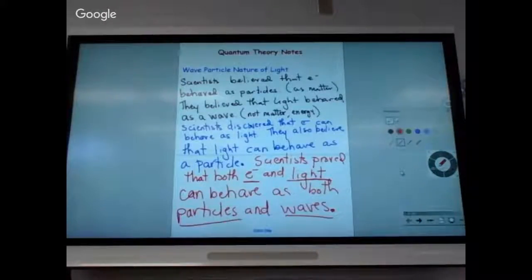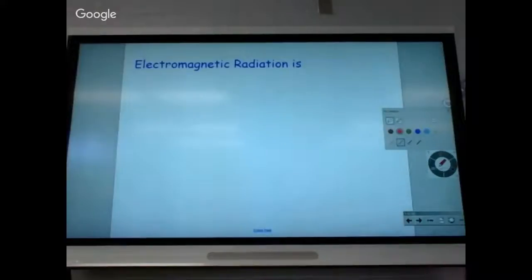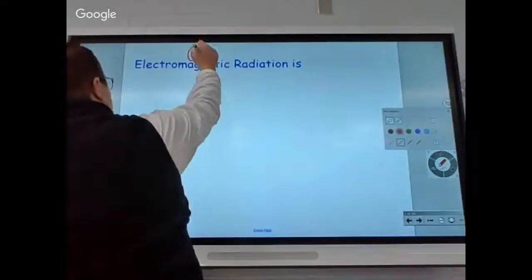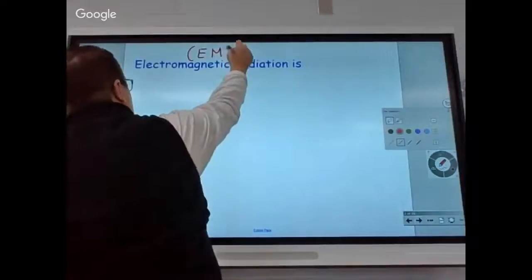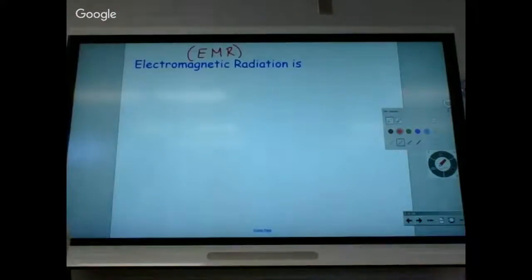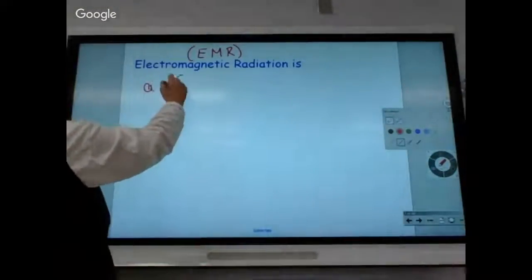Okay? Now, because we're going to talk about light being able to eject electrons from a metal, then we need to have some understanding of what light is. Now, we use light often in a generic sense. But in science class, we need to probably use the correct language. So light is actually electromagnetic radiation. So what is electromagnetic radiation? First of all, you can abbreviate this EMR because writing electromagnetic radiation out gets a little cumbersome. And a lot of people just get tired of writing it. But it's a form of energy